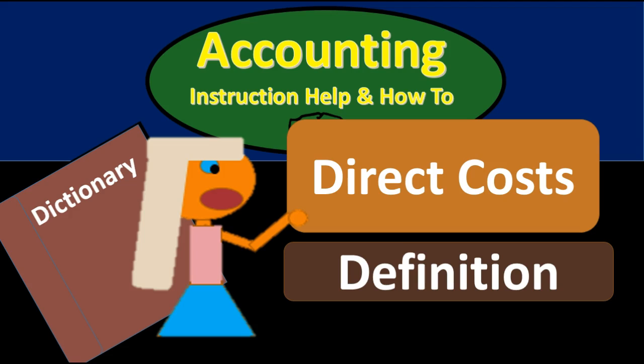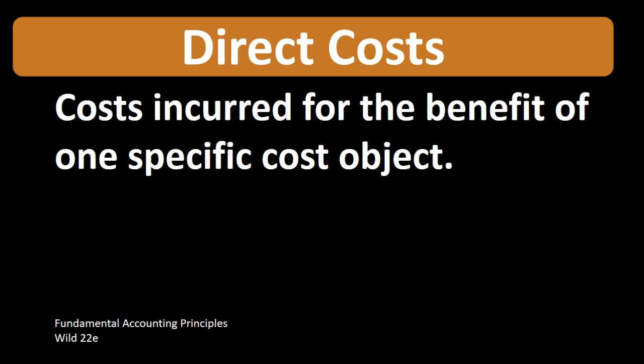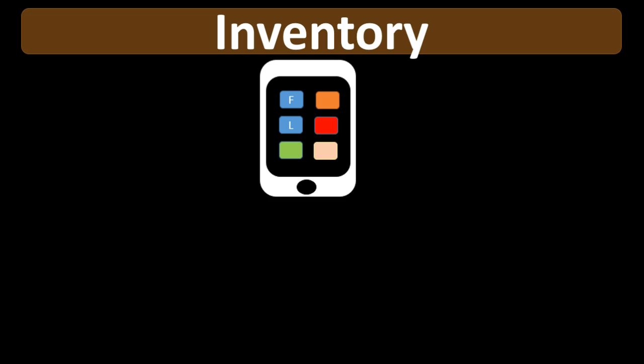Hello, in this lecture we will define direct costs. According to Fundamental Accounting Principles, Wild 22nd edition, the definition of direct costs is costs incurred for the benefit of one specific cost object. When considering direct costs, we could consider them in relation to a manufacturing company that manufactures